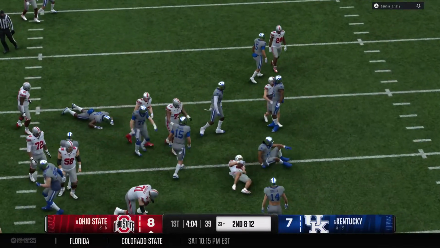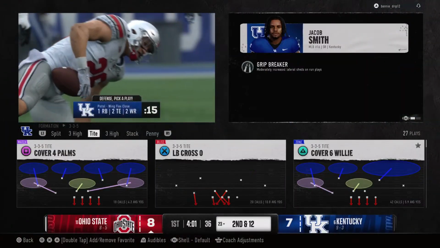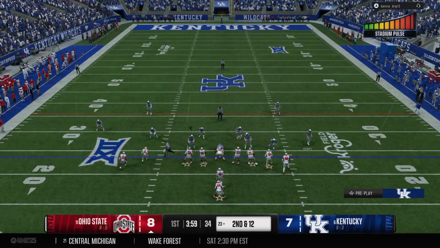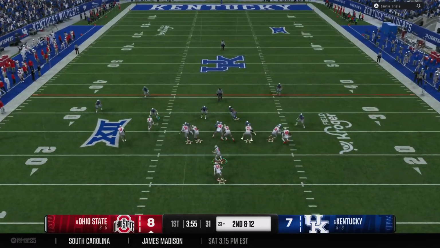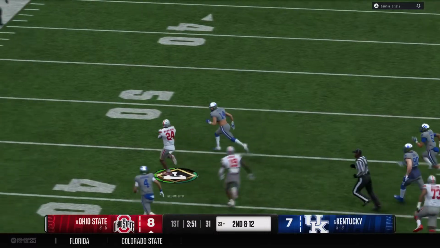Tackled behind the line. It's a loss of 2. Well, they run it right into a blitz, and that linebacker was coming downhill, Kirk. Man, what a time to call that blitz here by the defensive coordinator. And you're right, he shoots right through that A-gap. Really, the back had nowhere to go.